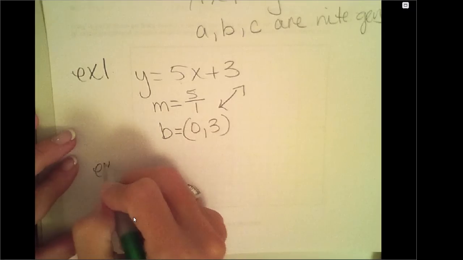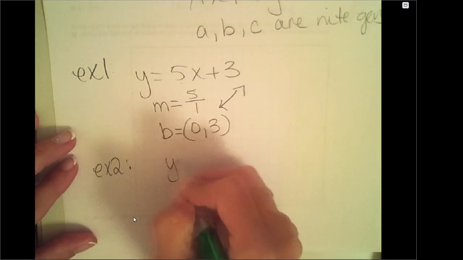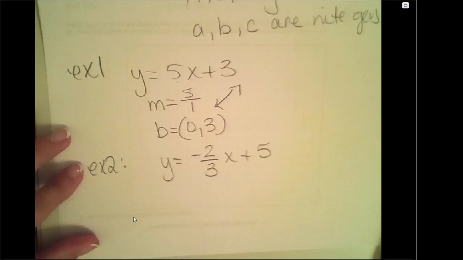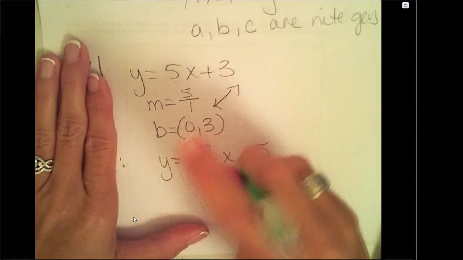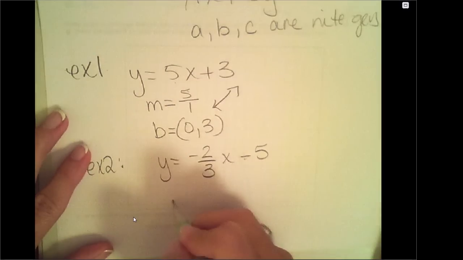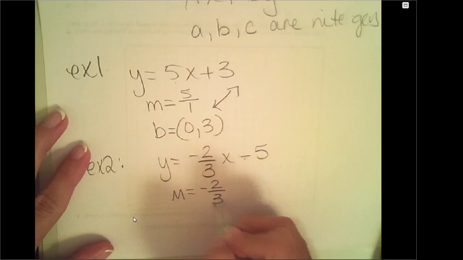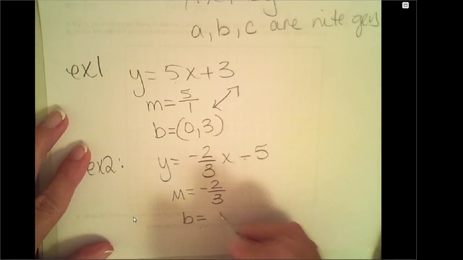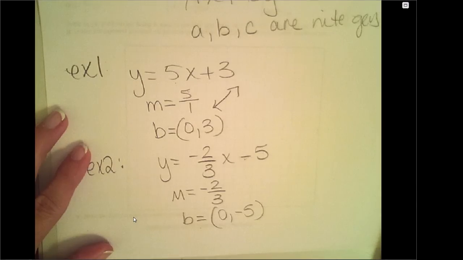So then example number 2, and I'm going to change this to a minus. Okay, so you're going to identify m and b. Your m is your coefficient of x, and your b is your constant, but remember, write it as an ordered pair. So that's very simple. It's in slope-intercept form. You identify m and b. Next,